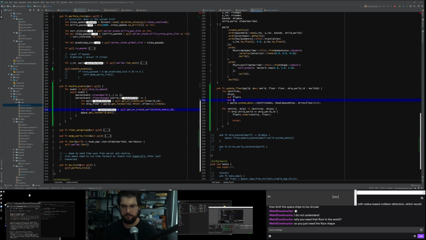Add a comma, and then here I need to be able to write to the collider, so I put WriteStorage collider. I think it's called PhysicsCollider. Import. And when we can write to the physics collider, down here we want to iterate over entity, ship and physics collider.